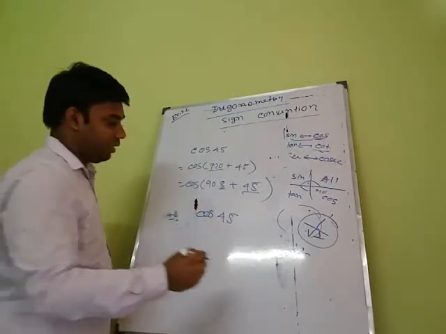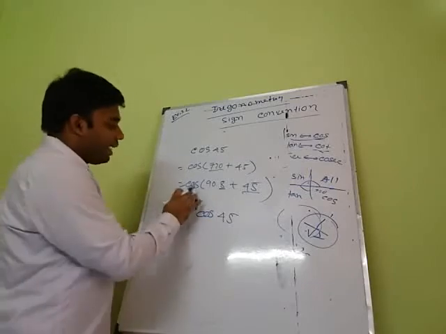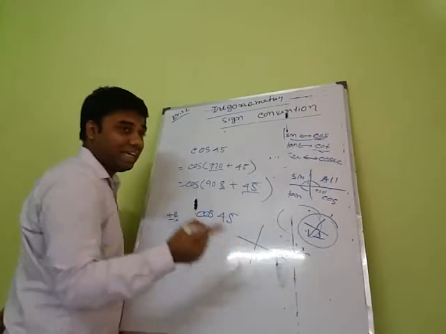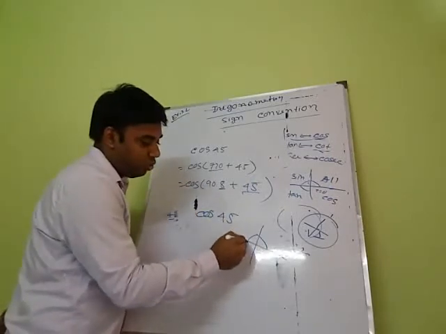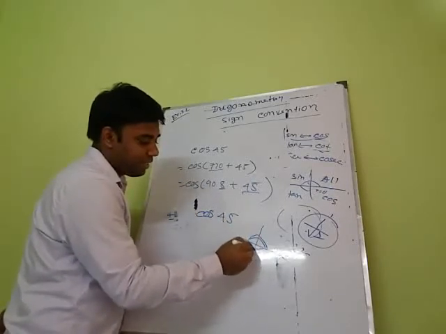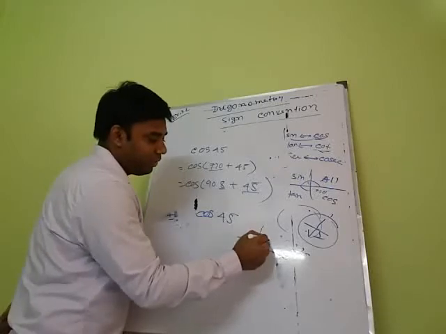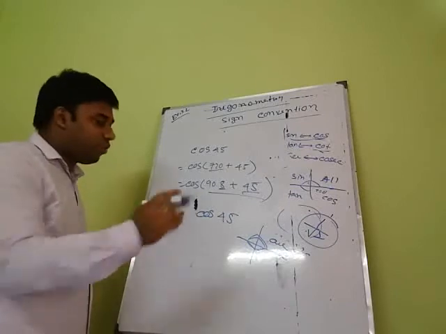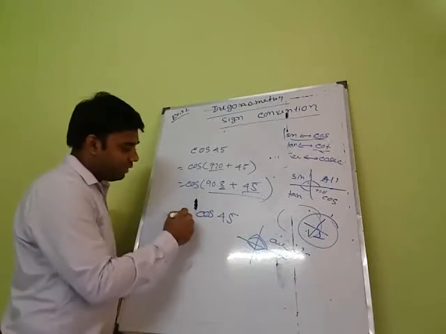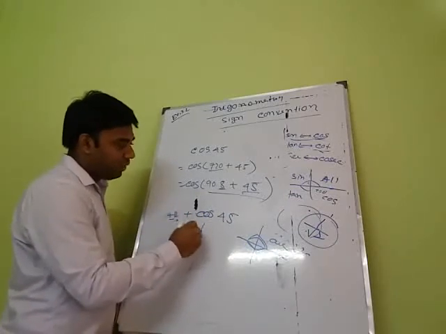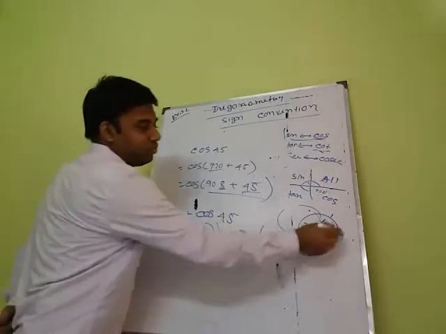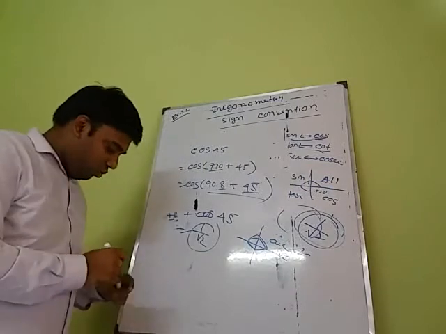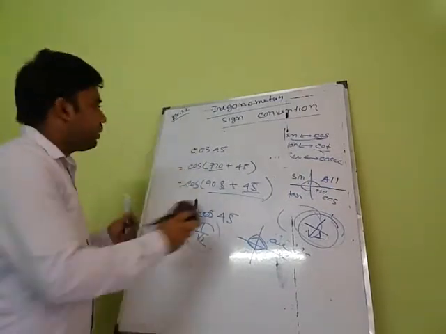Now the case for the sign. What will be the sign? Sine of 890. It rotates 8 times: 1, 2, 3, 4, 5, 6, 7, 8, and the remaining 45 lies in the first quadrant. The first quadrant is positive for all, so that is positive. Cos 45 is 1 by root 2. Values are same. Okay, values are same. So students, coming to question number 1.